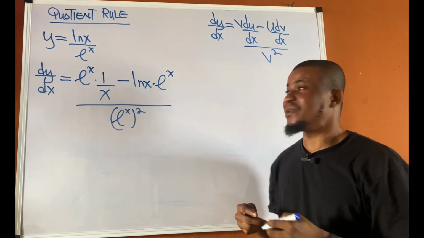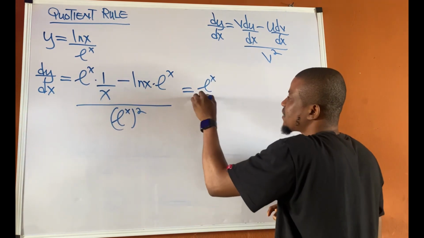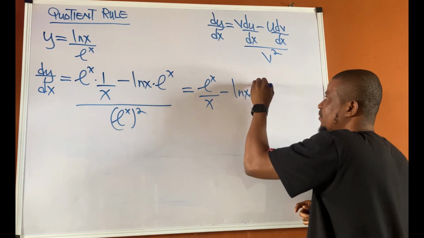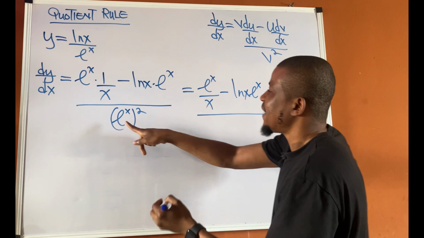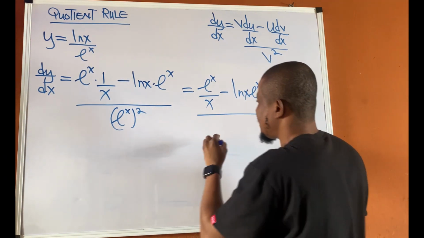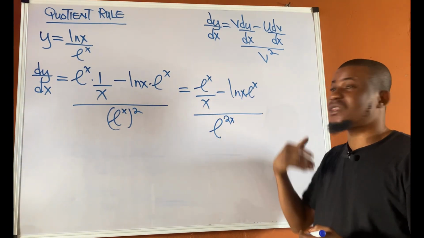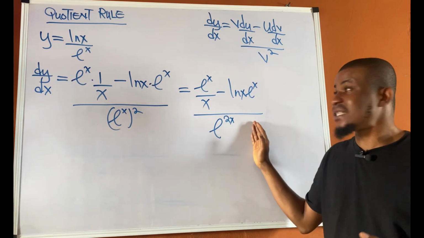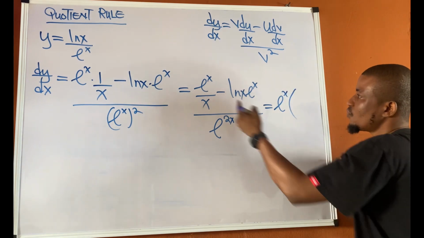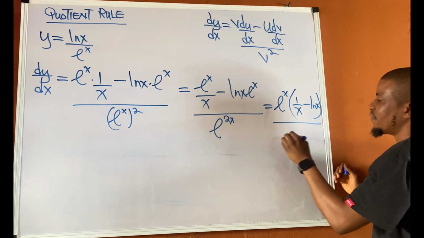And then the next thing is to simplify. From here we have exponential x times 1 is exponential x all over x, right? Then we have a negative ln x exponential x all over exponential x raised to power 2. By the power law of indices, this multiplies, so we have exponential 2x. We can further factor out common terms. If you keep your answer here, you are right. If I factor out common terms, I will have exponential x into 1 upon x minus ln x